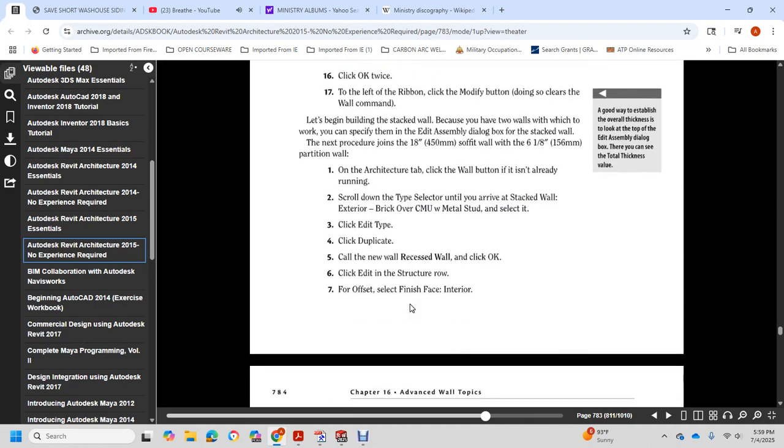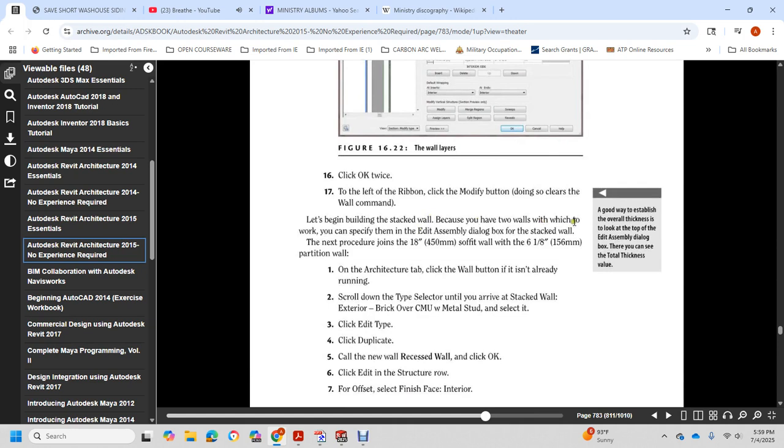Let's begin building a stacked wall with the cover, the 2 wall, which for the specify the edit some of the dialog box, stack wall, with the new procedure of 18 inch over the partition wall. The architectural tab. Click the wall button, already running. Scroll down the type selector until you read the stack wall exterior of the brick over the CMU metal stud